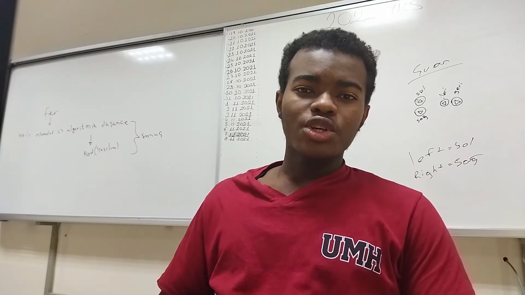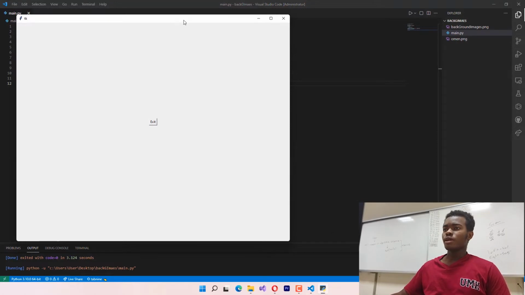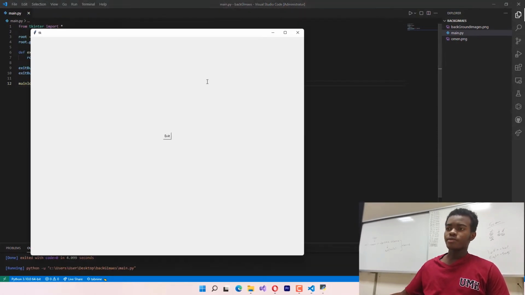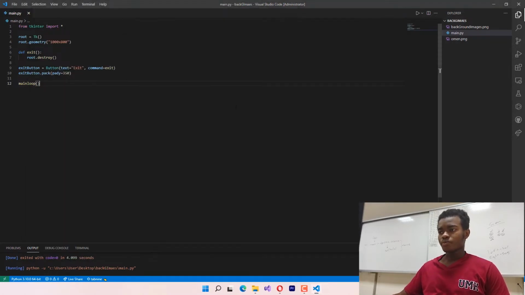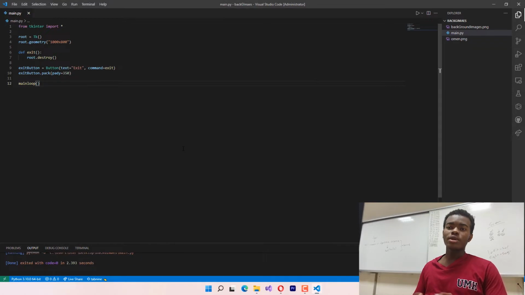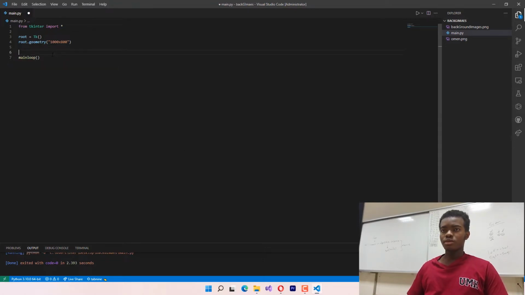Okay, so in the last video we had a program with an exit button that, when we click it, quits the program. So today we're going to learn how to place images and background images in our program. In order to do that, let us delete this function, and we're going to use